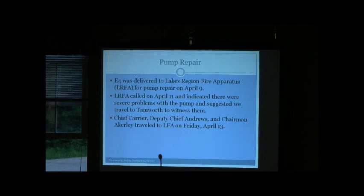It was delivered, and 2 days later we received a phone call back from Sean that said, "You better round up the troops and come up here and take a look at this." I think that was a quote. And so on Friday the 13th, believe it or not, we traveled to Tamworth and saw the damage. And we do have pieces and parts out in the pickup truck out front if you want to take a look at those yourself. But we have a number of slides that Sean will narrate for us and describe some of the damage that we witnessed that day and that he witnessed when he opened up the pump,